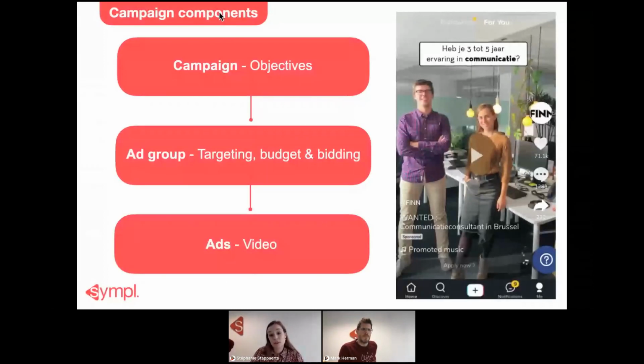And on TikTok, well, it's only video. So you have to upload a video. But I also want to say that if you have pictures, then TikTok has a sort of studio in Ads Manager where you can easily make your own videos itself, which is really customer friendly. It's basically for the people who already done recruitment on Facebook and Instagram, it's basically more or less the same concerning the setup, concerning the components of a campaign.